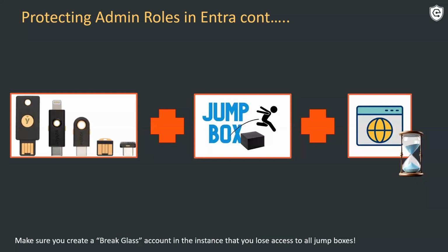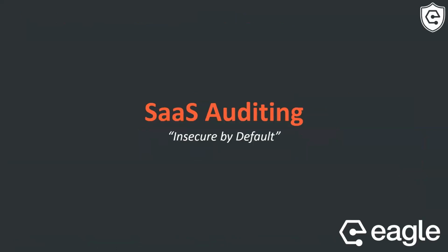So next slide. Yeah, and I just want to point out that report only mode and the break glass account are obvious, but also very key. We've unfortunately had multiple customers lock themselves out of their own tenants. That's not a fun experience because Microsoft is not that responsive, especially out of 8 to 5 hours, to help you fix that. Yeah, and as far as I understand it, it's very difficult to fix. So definitely make sure you have a break glass account.